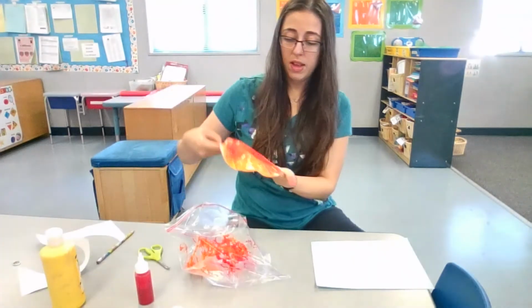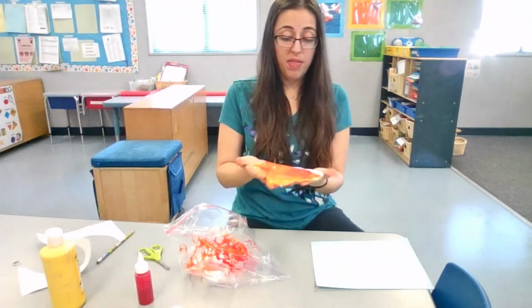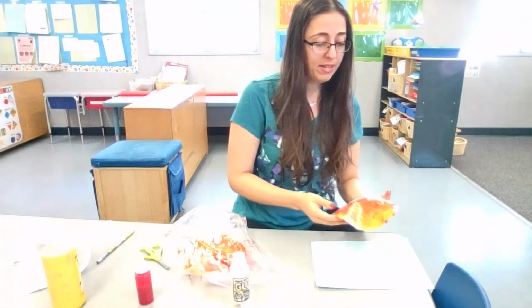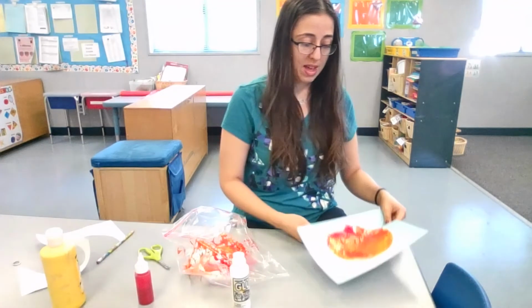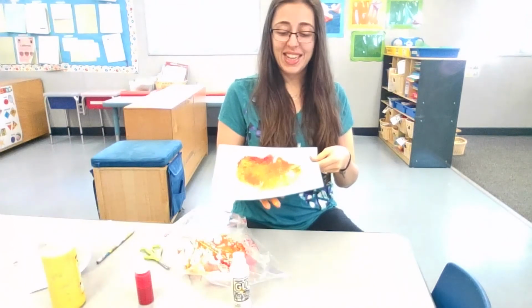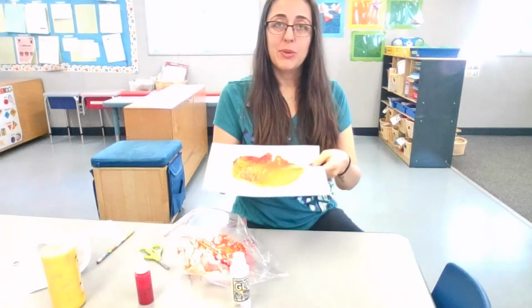And then ideally you'll let it dry for however long it takes. And then you're going to use the glue once it's dry. You're going to put glue on the back side and you're going to paste it to your blue scene. And then you'll have your sun in the sky, just like the star that we learned about in the story. Okay? I hope you guys enjoyed this activity of making a squishy sun